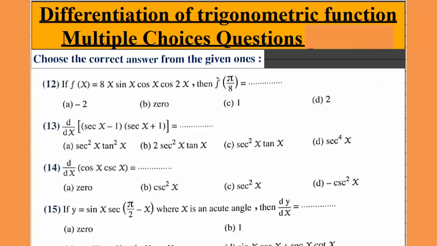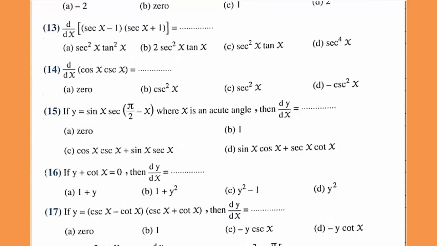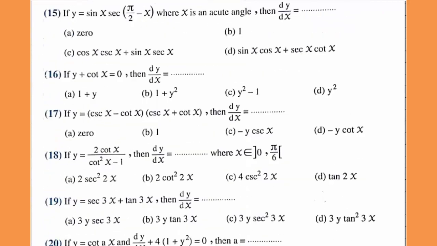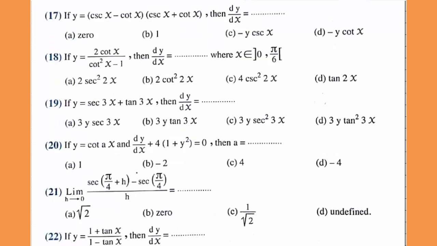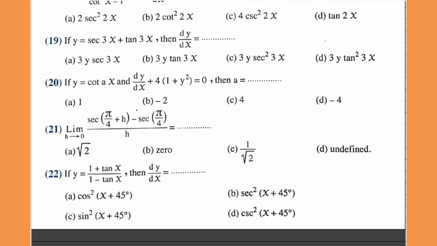Differentiation of trigonometric functions, multiple choice questions. Question number 12. If f of x equals 8x sine x cosine x cosine 2x, then f dash of pi over 8 equals -2, 0, 1, or 2. Solution: